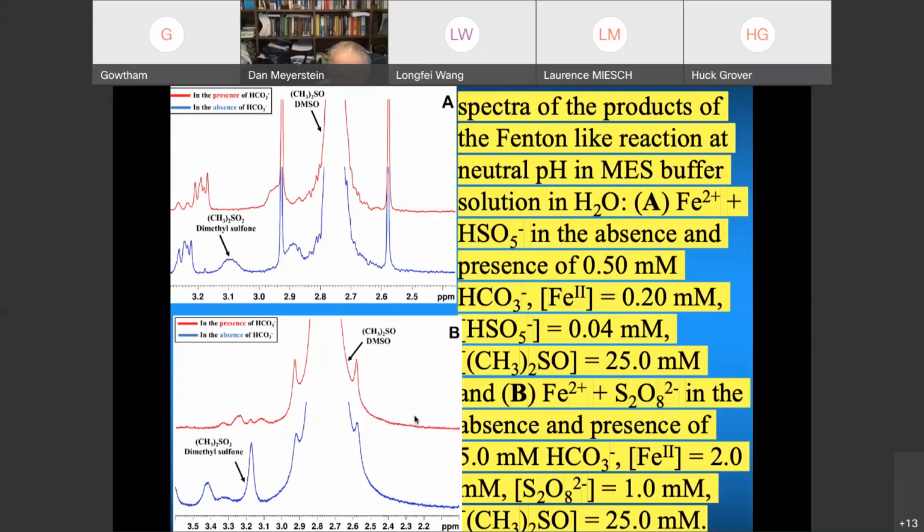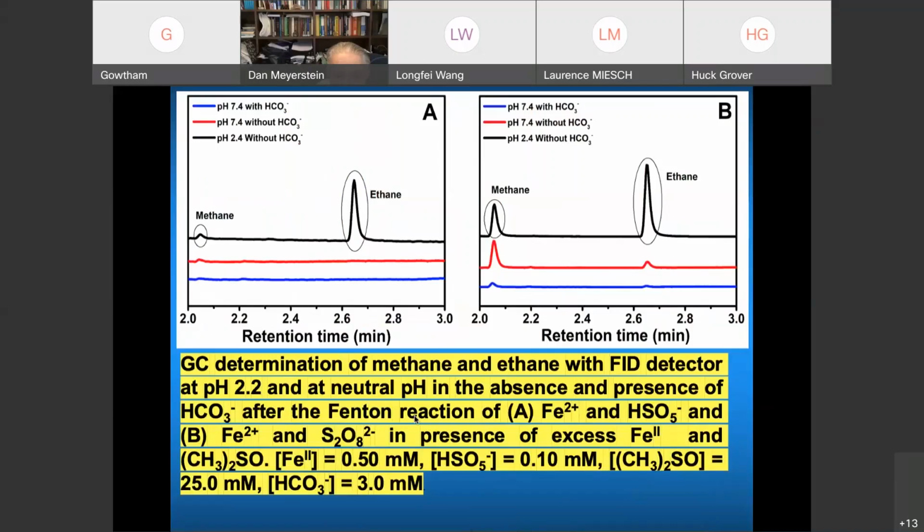The next slide shows that also here, when we add bicarbonate, we change dramatically. There is nearly no methane and ethane in the peroxymonosulfate. In the peroxysulfate, also when you add bicarbonate, you get no methyl radicals. And the conclusion is that also here, the next slide,